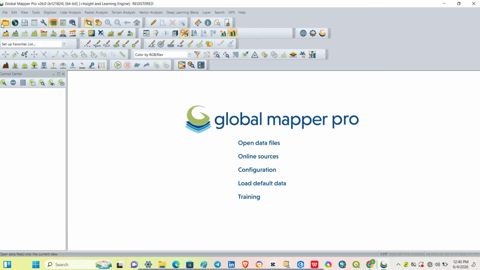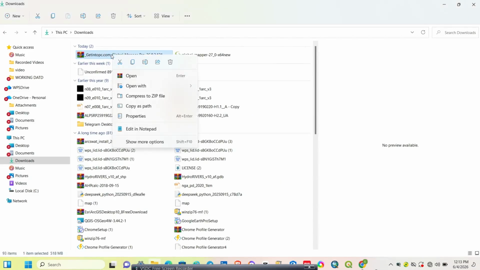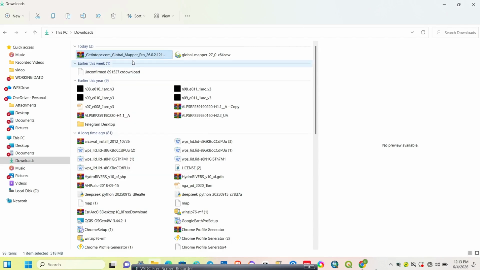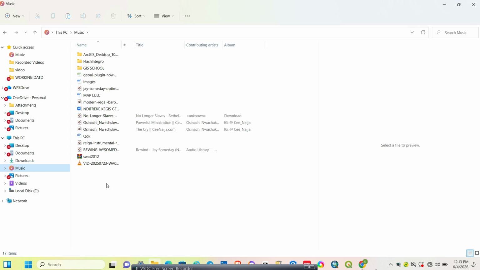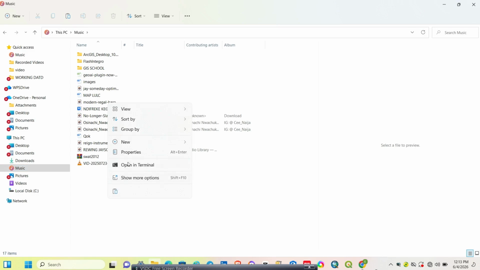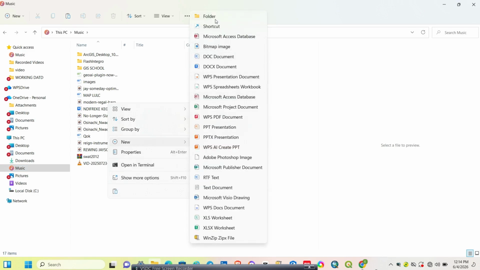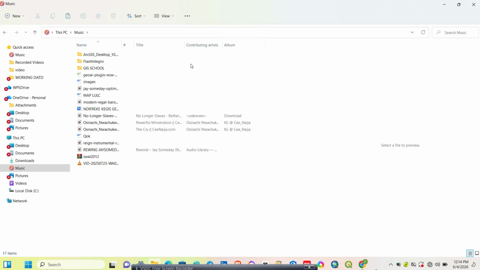Having downloaded this, I have copied the zip file. I'll save it on this music drive. I'll click on new folder and create a new folder. Then I will name it global